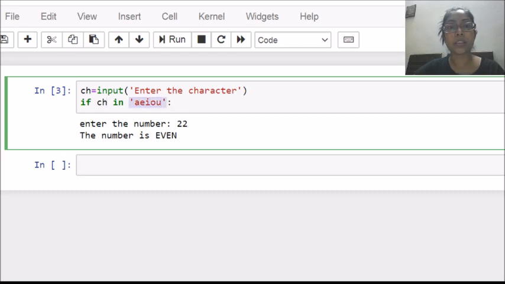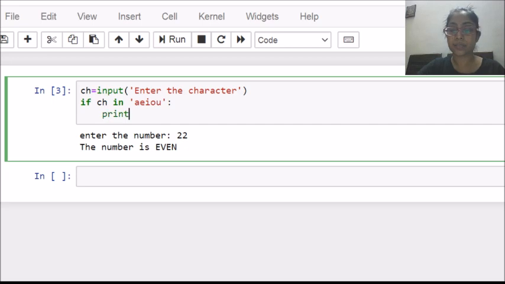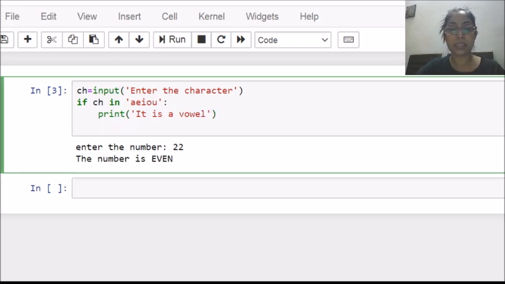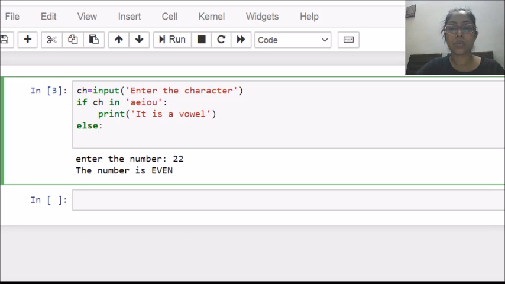That means this if will check whether that particular input character is present in this list. That means it is a vowel. So I will print it is a vowel. Otherwise, else I will print it is a consonant.